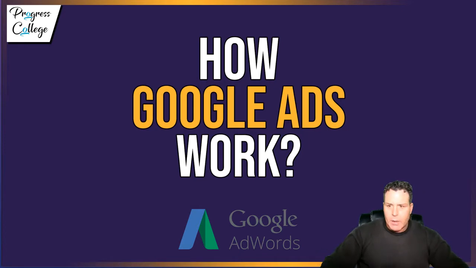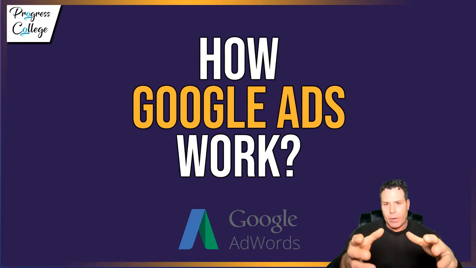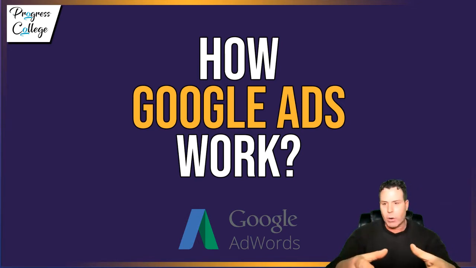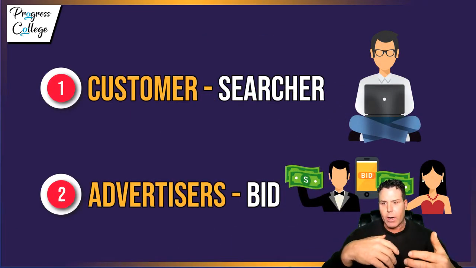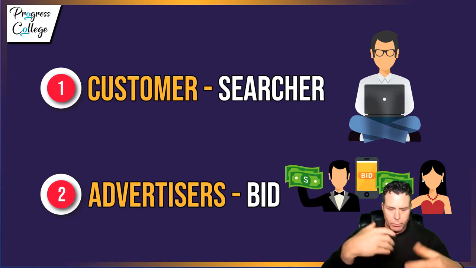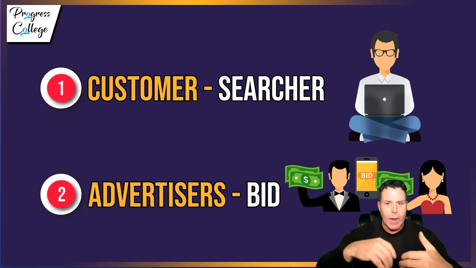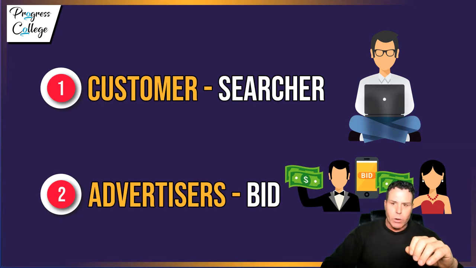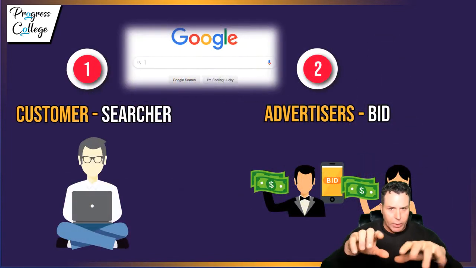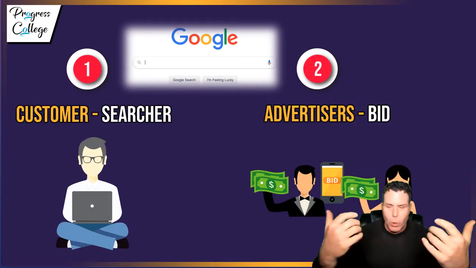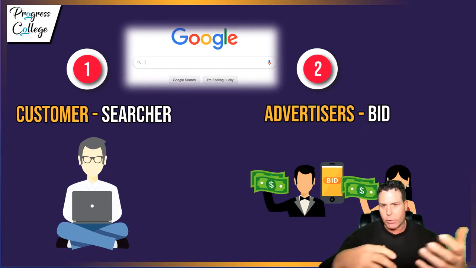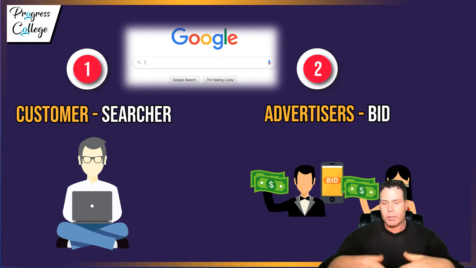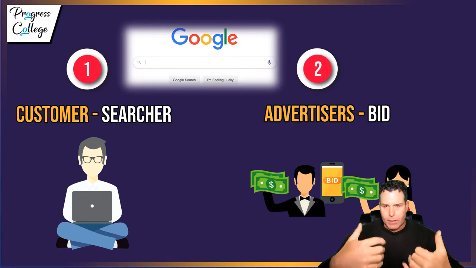All right, Google Ads, it's pretty simple. Everybody knows that Google is a search engine. So when somebody goes to Google, there's going to be a customer, and then there's going to be an advertiser trying to bid on that position on Google. The customer goes ahead and searches into Google, whatever the term may be. In Las Vegas, some people search for bachelor parties, bachelorette parties, Vegas VIP services, that kind of stuff. That's the kind of stuff my services business does.